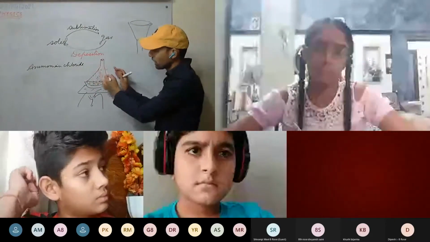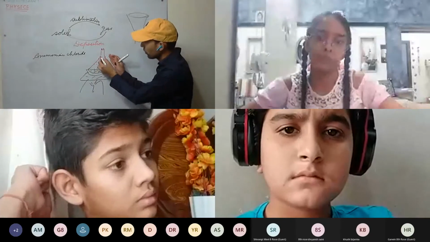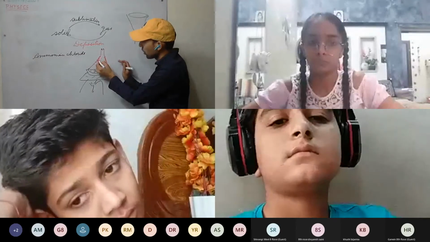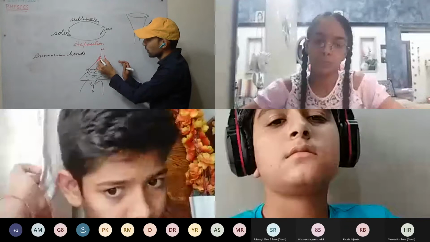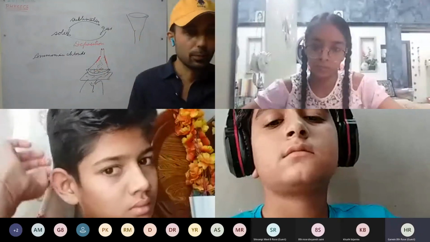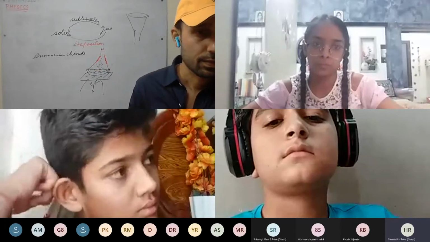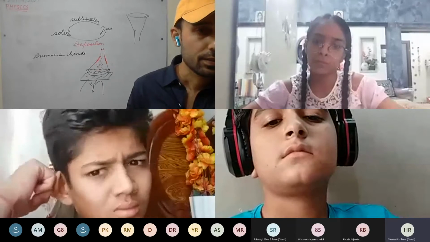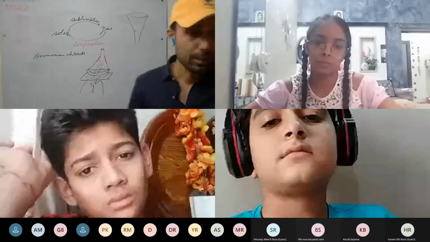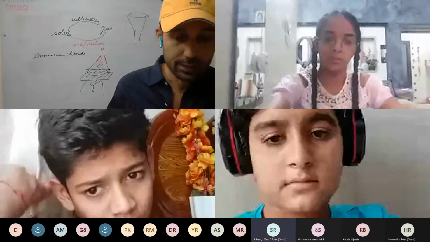Whereas the sides of the funnel are cooled, and here it gets deposited. That is, to the funnel wall, the heat is transferred from the gaseous state, and ammonium chloride is deposited. You can see the droplets of ammonium chloride deposited here. So you can see the sublimation process as well as the deposition process. Sublimation is clear? Yes. And deposition is clear.